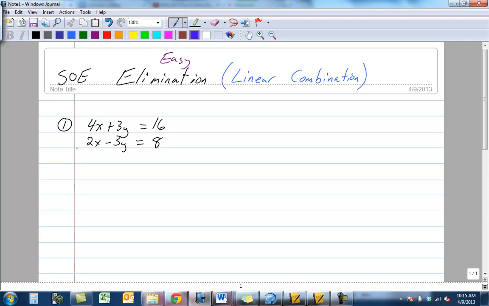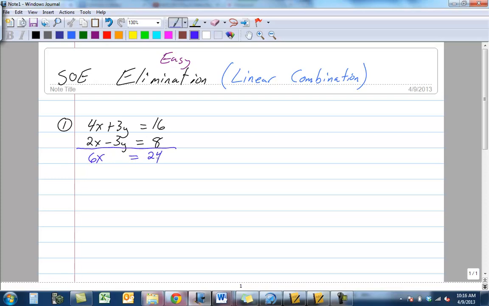The first thing you're going to do is draw a line beneath the system, right? Now, first, make sure that everything's lined up. It is. And then we're going to add this old school style. Check it out. What's 4x plus 2x? Well, that would be 6x. What is positive 3y minus 3y? Those cancel. Isn't that great, right? Equals, we're going to keep the equal sign. Then 16 plus 8 is